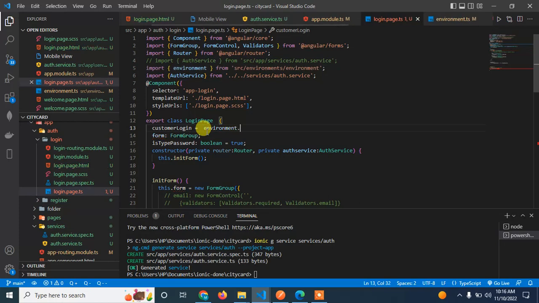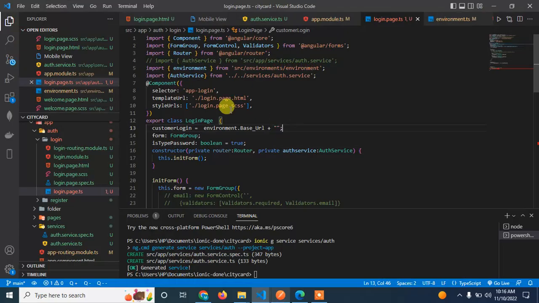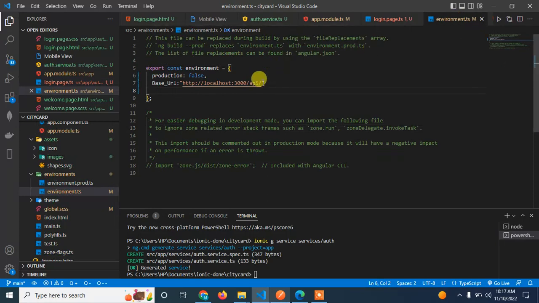So we'll be able to retrieve the base URL, and then I'll concatenate it with, let's go to Postman, I'll concatenate it with this. So you see what we'll have here. Let's look at the environment again. It's as though we have this,